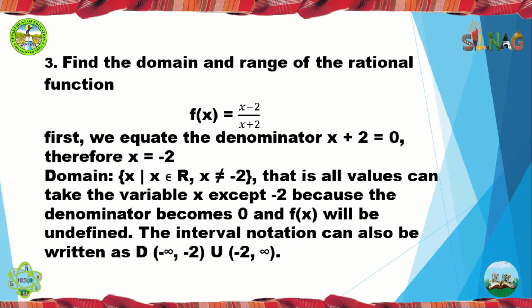Find the domain and range of the rational function f of x is equal to x minus 2 over x plus 2. First, we equate the denominator. So, if x plus 2 is equal to 0, therefore, x is equal to negative 2. The domain now is the set of x such that x is a real number and x should not be equal to negative 2, which means that